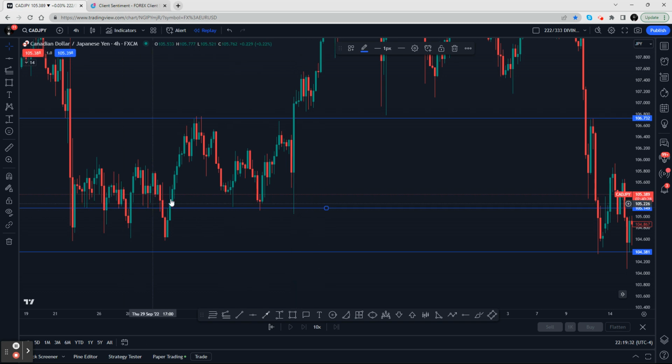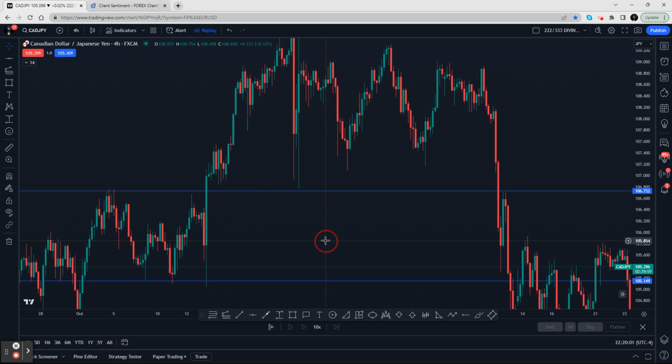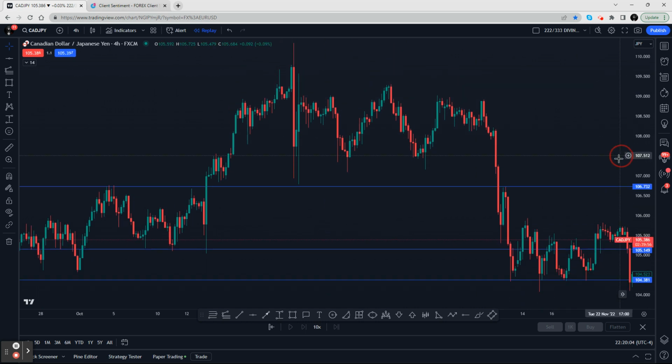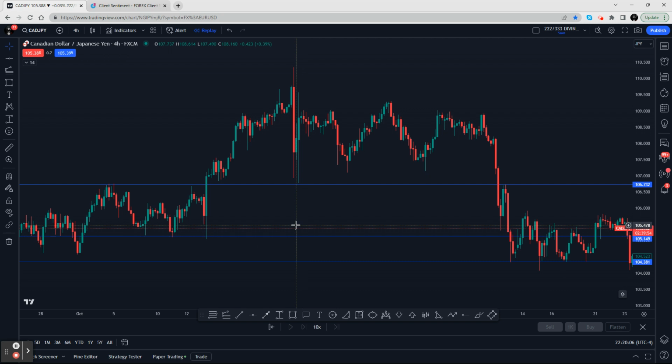But if you look behind this wall, this green wall, what do you see? A lot of candles that were respecting this area. So this is a key area where some orders are being picked up. A lot of buy orders in this area, and it's coming back and it's collecting. So that's what you want to be able to do. Once again, if you're shorting, you want to look and see what's behind the wall as well. So you just take a little practice, just being on the chart, being able to see those things,